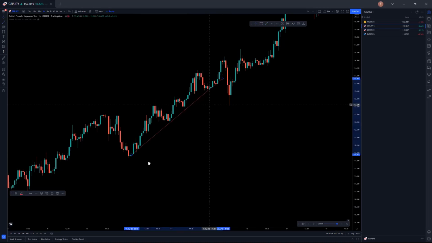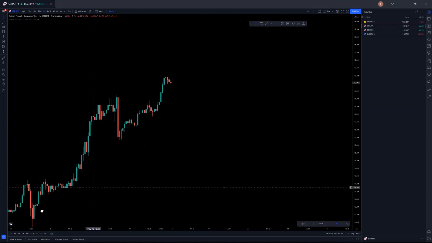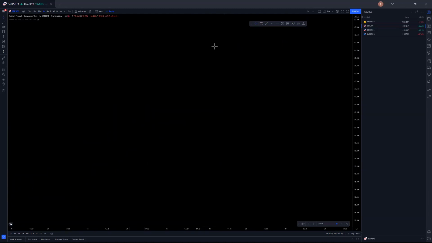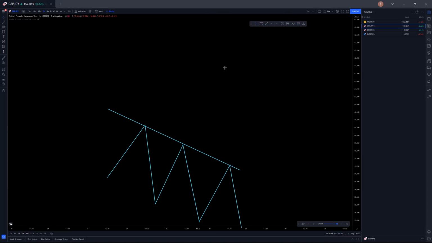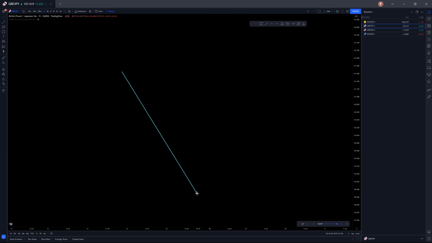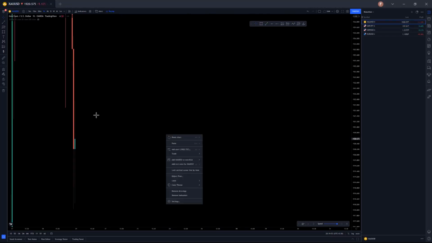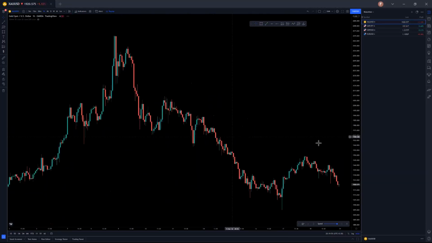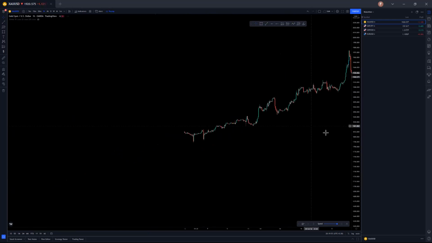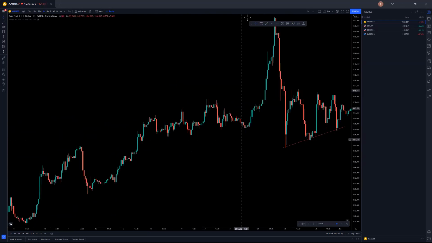This was kind of, but again, not really a clear example. Let me just give you an example. The trend line should be like this, not so steep. Price is clearly respecting it. It should not be too steep like this. It should be a little bit like this. I have observed many times, I have taken trades based on this sometimes in the past, and it has worked good.